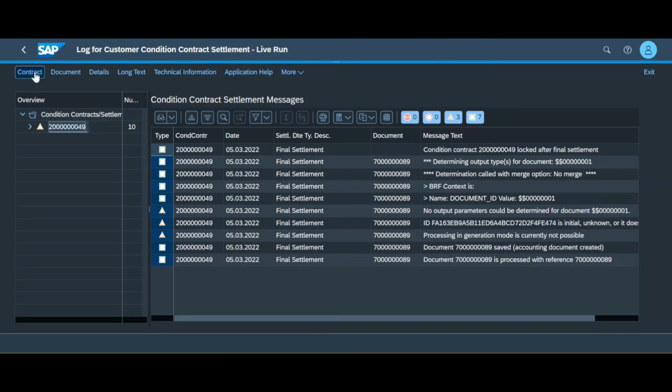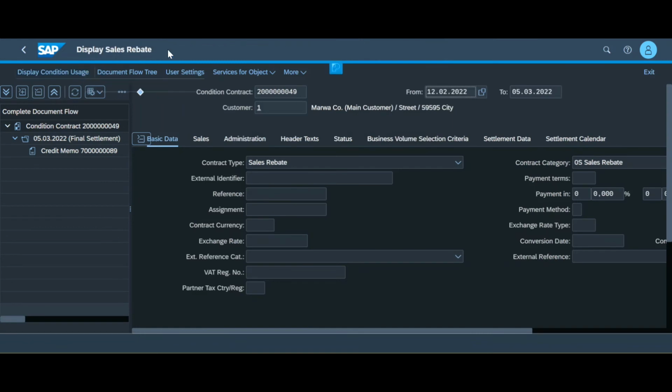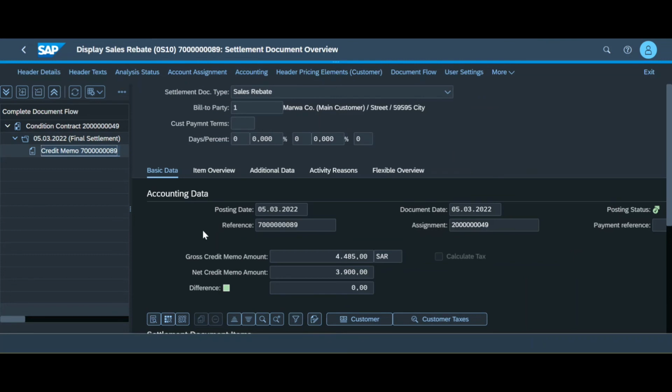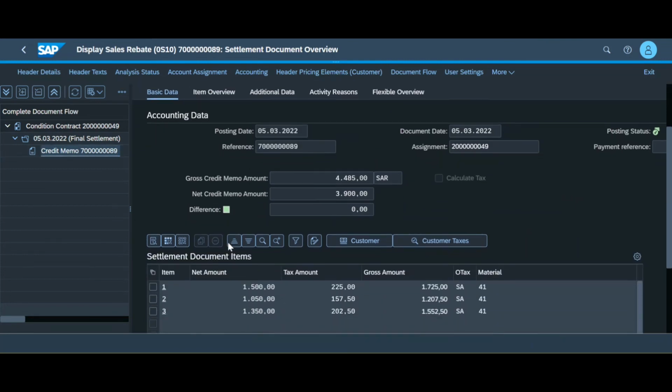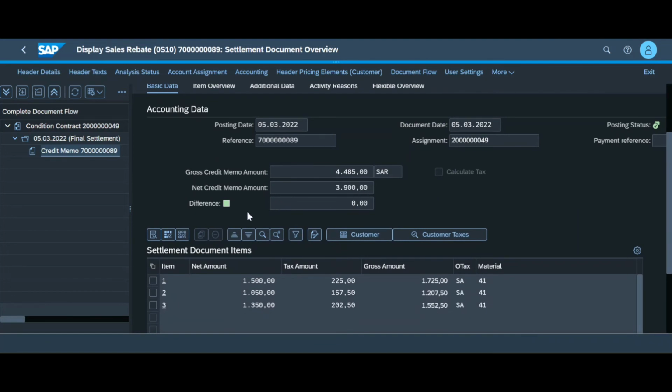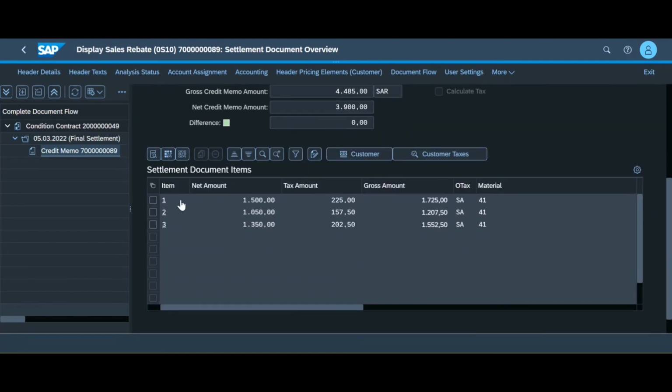We try to check our contract. So here's our contract and we have one credit memo created. And this credit memo, the recipient for it or the bill to party or payer is main customer 1. And here's the amount. Okay, so now we find that we have 3 settlement document items, and these items are